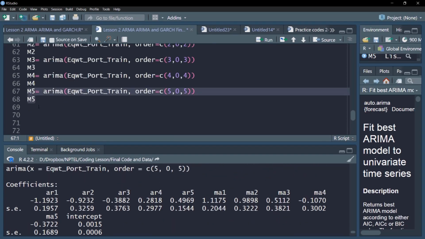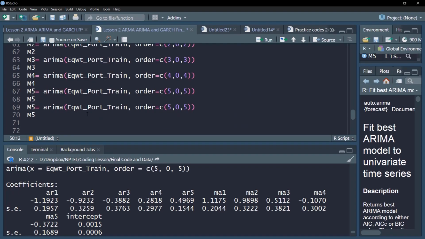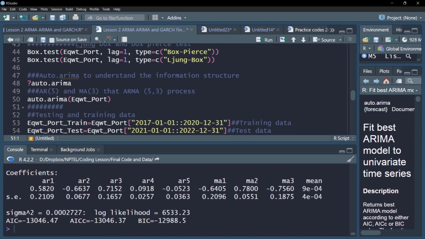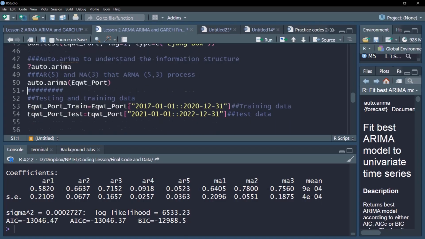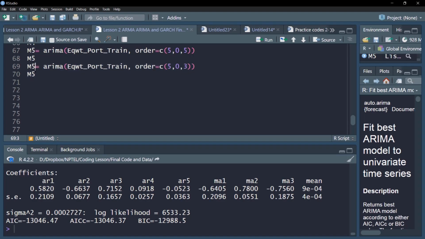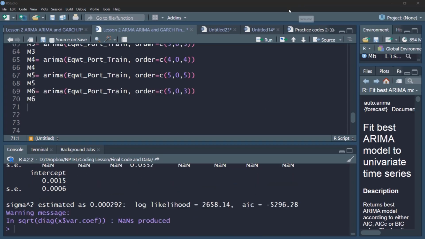The sixth model we'll use is the one we simulated through auto.arima. In this auto.arima we found that there are 5 AR and 3 MA terms. If you recall, let me show you again auto.arima. When we ran that auto.arima, you would notice 5 AR and 3 MA terms appeared. So the last model, M6, would have 5 AR and 3 MA terms as we simulated in the auto.arima command. Let us print it also. So we can see the object here. So this is the output.